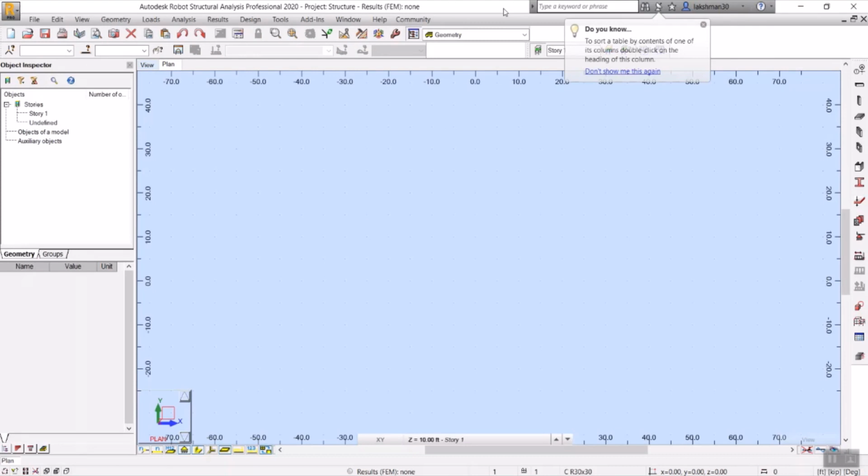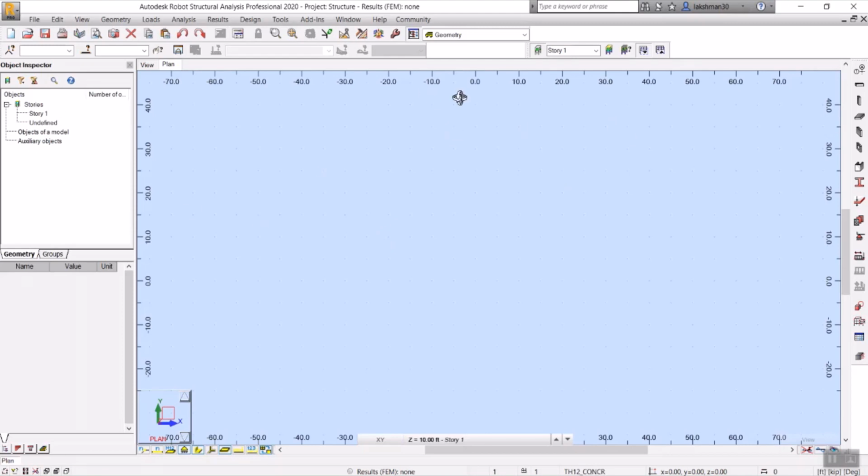As in all Autodesk software, you will have a ribbon toolbar and an application menu here. Here we'll have the object inspector. What are all the entities I'm going to draw here? All the things will be visible over here in the object inspector. All the elements which I'm going to draw in my drawing space will be visible here in the object inspector.